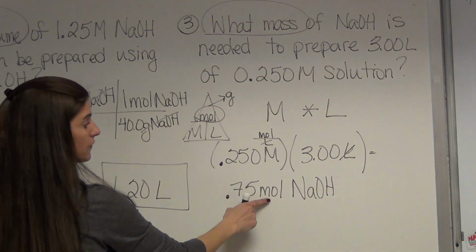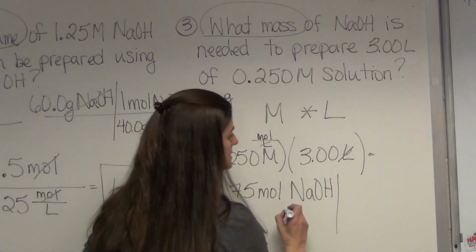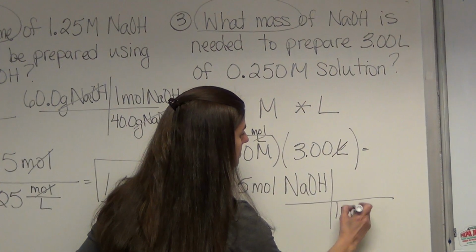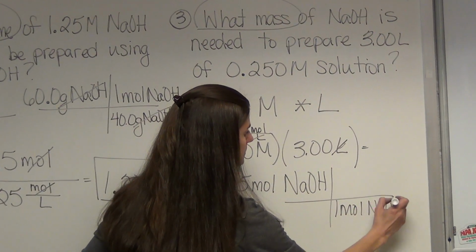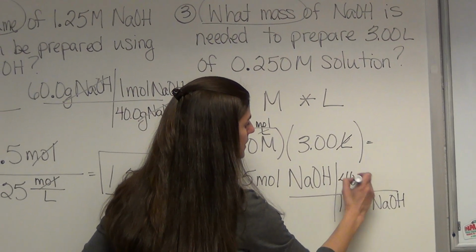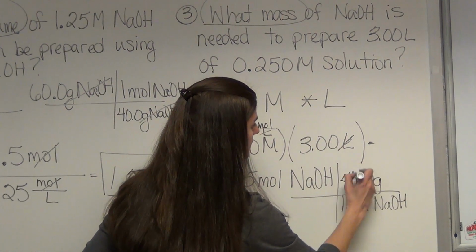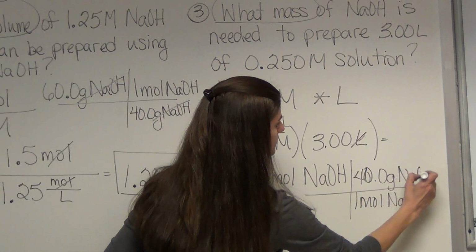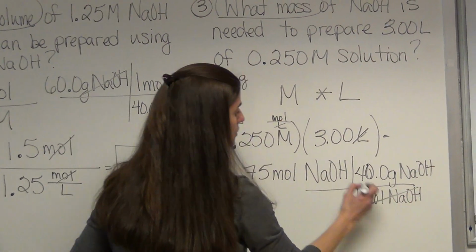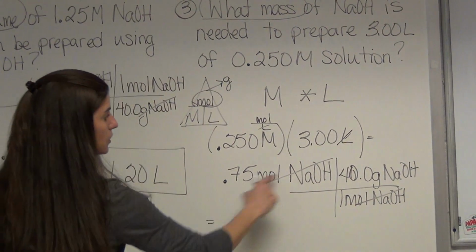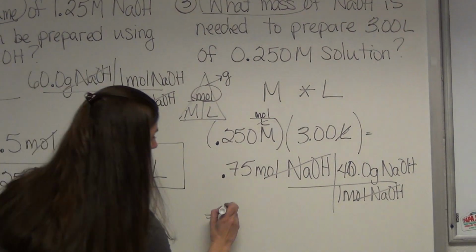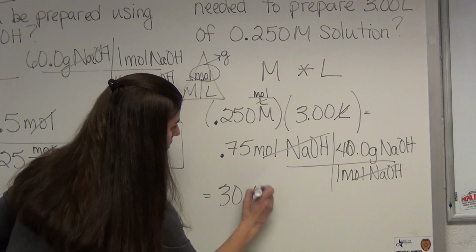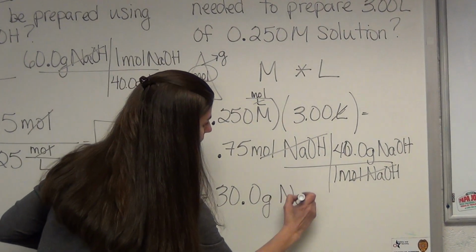And now we're going to convert from moles to grams. Same way, 1 mole on the bottom, NaOH, 40.0 grams of NaOH. Moles is going to cancel, multiply, and we get 30.0 grams of NaOH